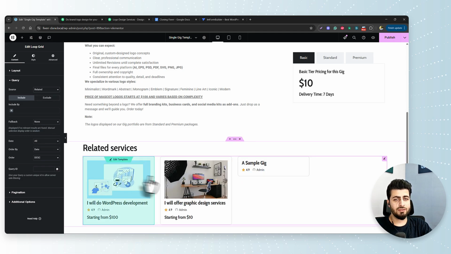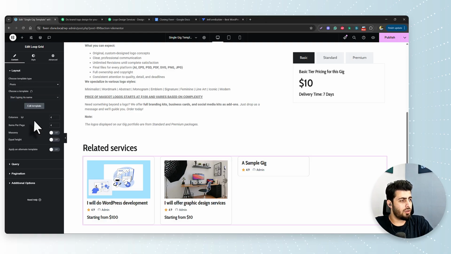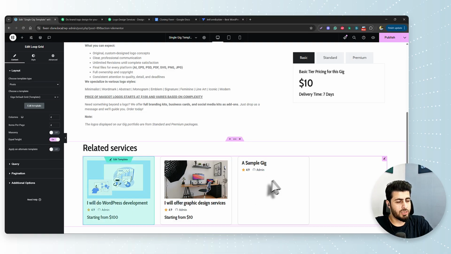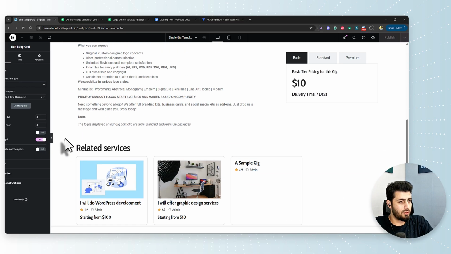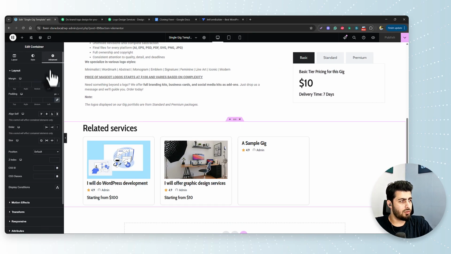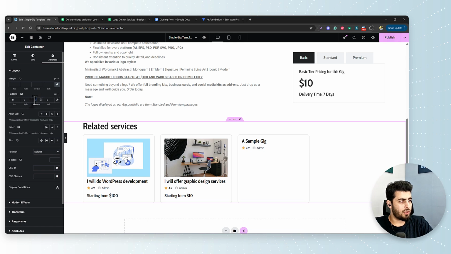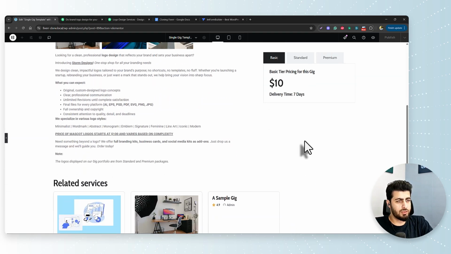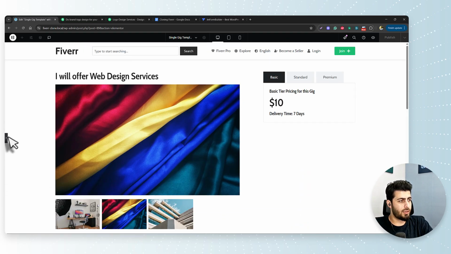So when you are in related, you already see the post items which are specific to the post you have already opened. Here I can also go ahead and click on equal height, so the design is already on the same height as all of the other columns. But I think that's what we're done for today. You can see here there is no spacing, so I'm gonna go ahead and add some spacing on the bottom side. Bottom should be like 100. So here, if I scroll down, yeah, it's all good. I'll click on publish again,